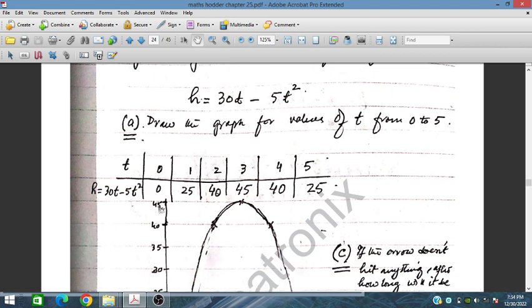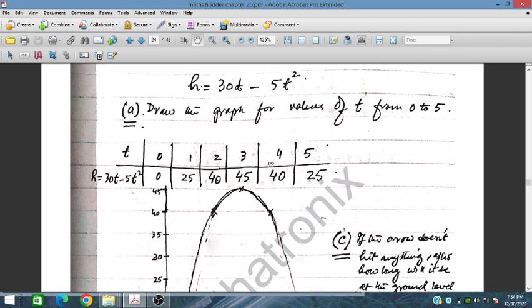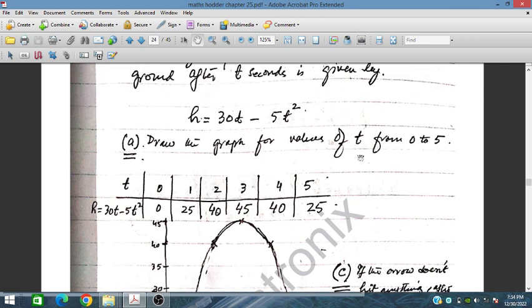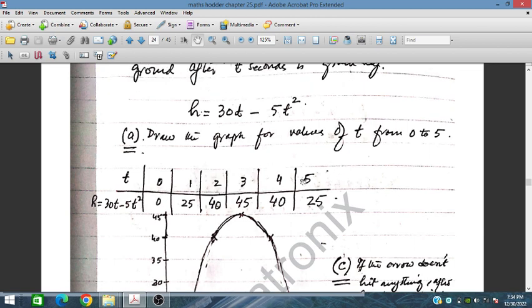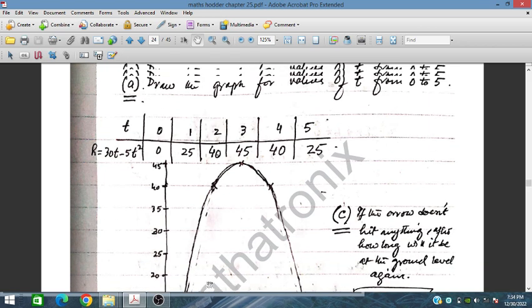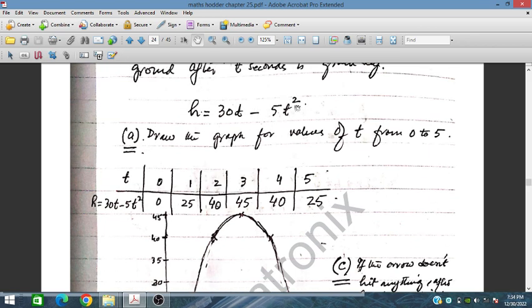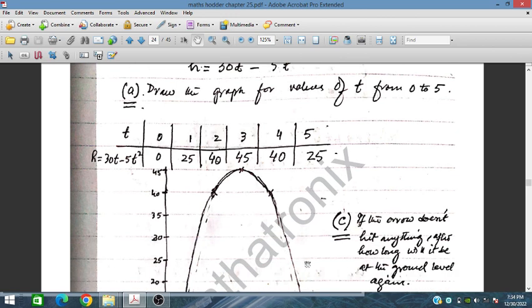So it will reach 0, 25, 40, 45, 40 and then 25. So in this part we have to draw the graph. We have plotted these values against time, and height is obtained. Here the t square coefficient is negative, so we have this kind of shape,